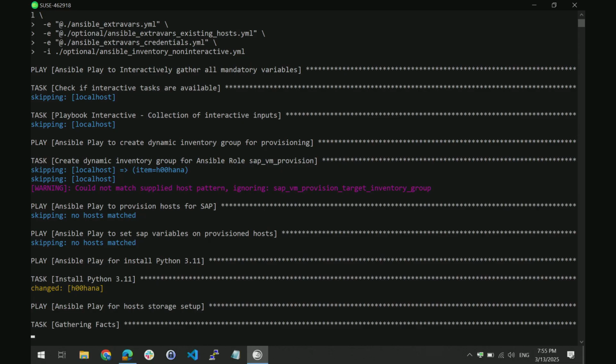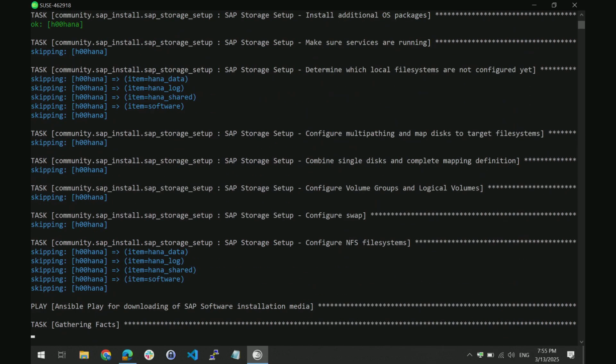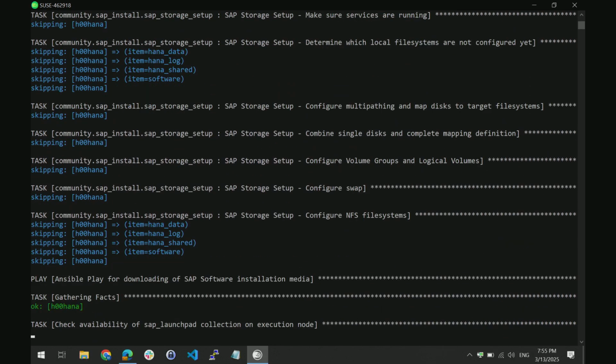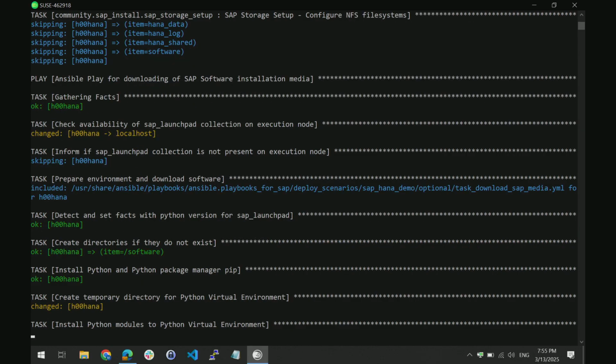And this will just go, and you can see this is installing Python 3.11 on the machine, using the raw module that was mentioned before. Currently it is setting up the disks, preparing software, setting up a venv for preparation of software. So everything is here, and the only thing I had to do was set up the inventory,